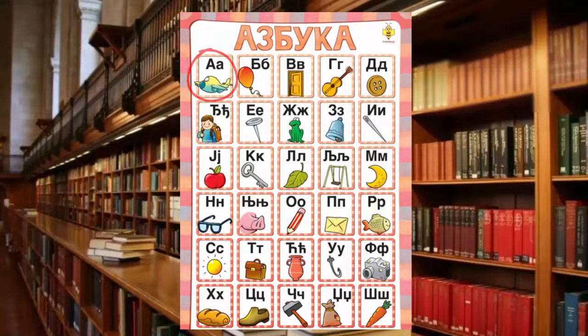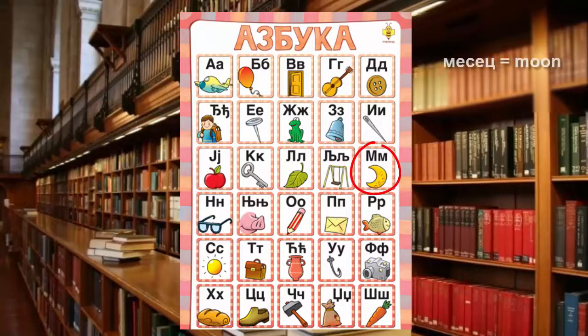A kao avion, B kao balon, V kao vrata, G kao gitara, D kao dugme, Đ kao đak, E kao ekser, Ž kao žaba, Z kao zvono, I kao igla, J kao jabuka, K kao ključ, L kao list,